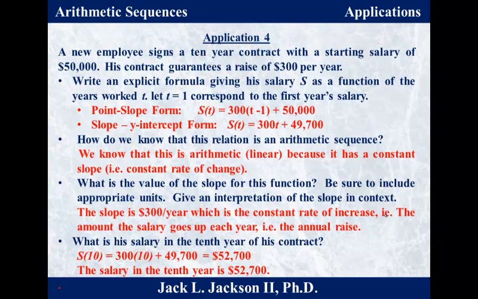What is the salary in the 10th year? I used the slope-intercept form and plugged in 10, but you could plug in 10 in the other version either way. And let's see, 300 times 10 is 3,000 plus 49,700 is 52,700. So the salary in the 10th year is